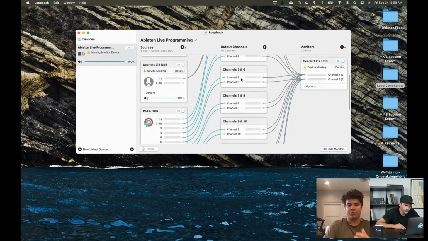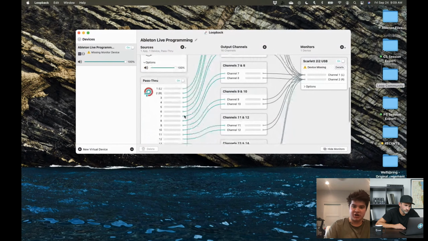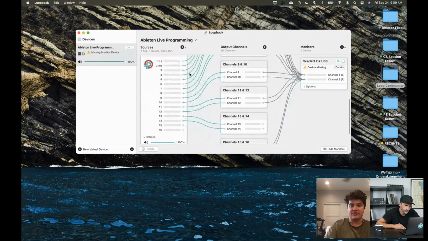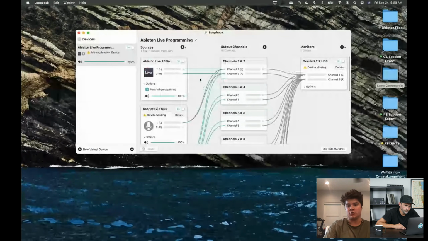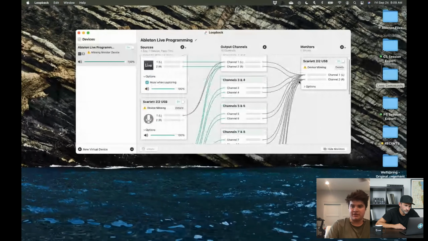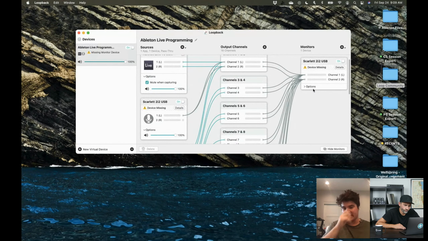It lets me route things. Like you can see, all of these channels are active. It's just in Ableton, and they're routed to all of my individual channels for the weekend. But then right here, the device is missing. I run into Dante. It's not plugged in, so nothing is sending anywhere. That's why we can't hear it. But on a weekend, I plug in Dante or I plug in TracksRig if I'm at a satellite campus, and it pops right up, and I'm able to just hit play, and it works really, really well.